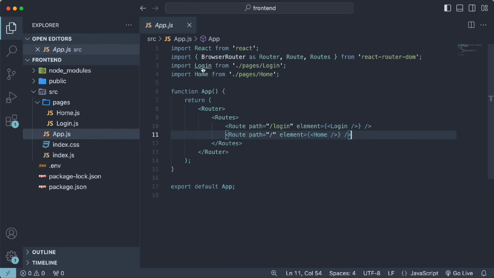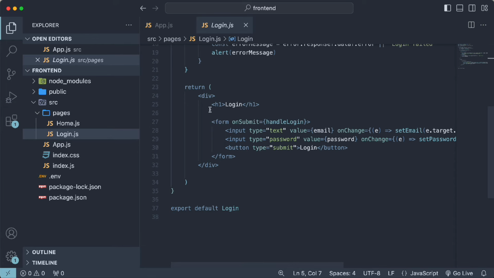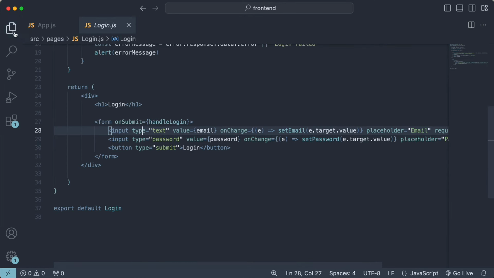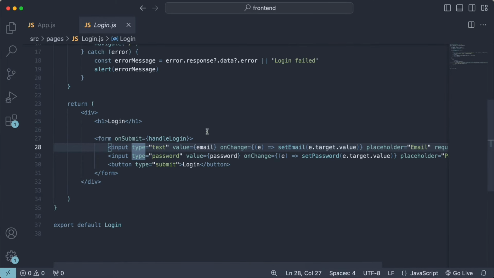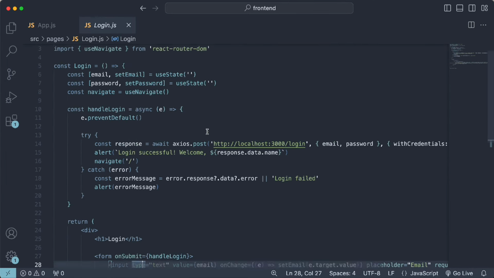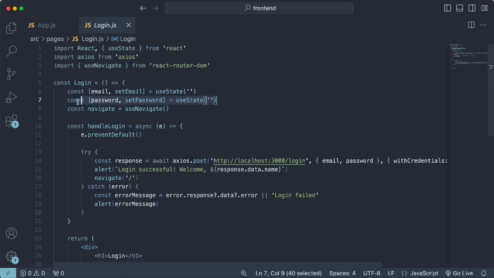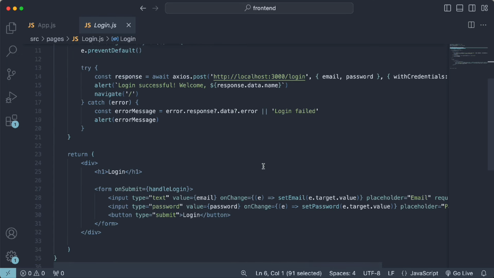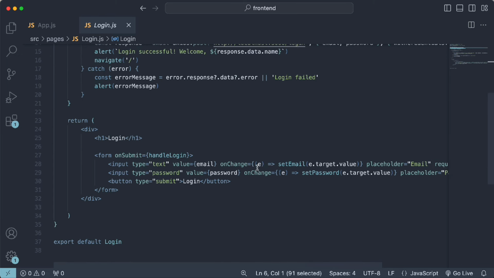On the login page, we are handling a div with an h1 element inside saying login, and a form with two inputs. Let me just hide the explorer here. So one input is for the email and the other one is for the password, and we're setting a state for each field here on the top whenever we change the input's content, and a submit button saying login that